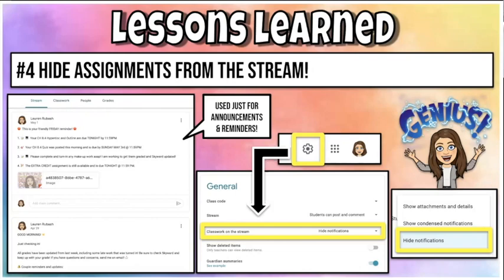I would have kids that would try to scroll through the stream and find their assignment, and then they would email me and say, "Ms. Rubash, I can't find where you posted this." Well, if you go to classwork, it's all nice and organized and pretty and you can find it super easy. So through all my research and Googling and YouTubing Google Classroom stuff,